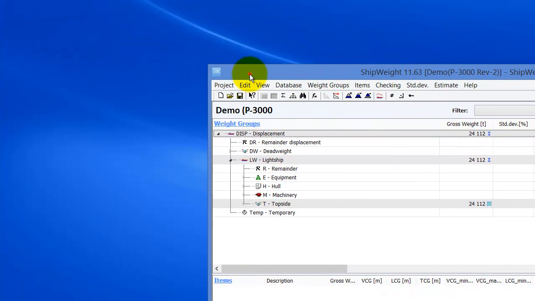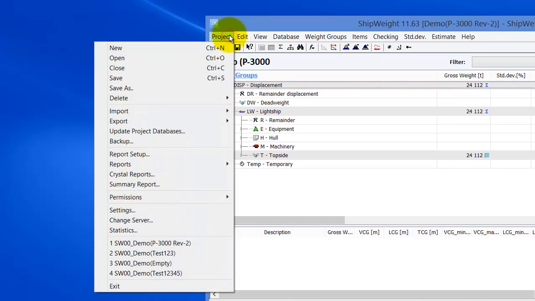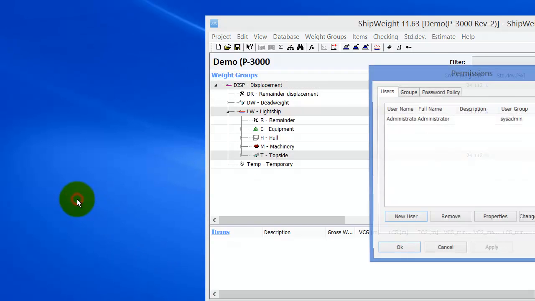On the Project menu in ShipWeight, you will find a submenu called Permissions. In this Permissions submenu, you will find Administration and Change Password. The Change Password option lets you change the password of the current user that you're logged in with, while Administration lets you create new users and new user groups. We will look into how to do that. So if I select Administration,